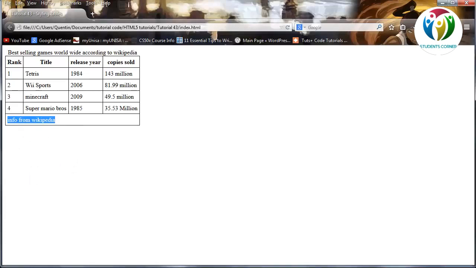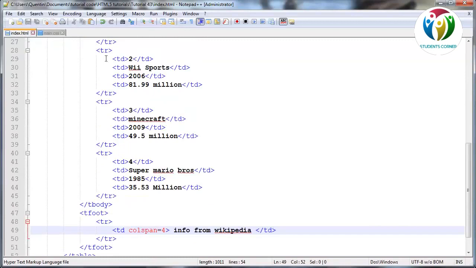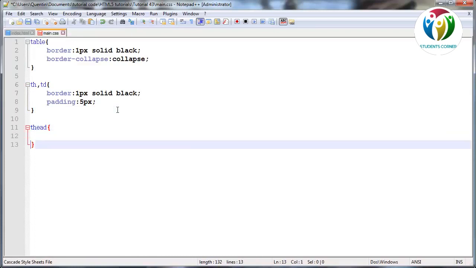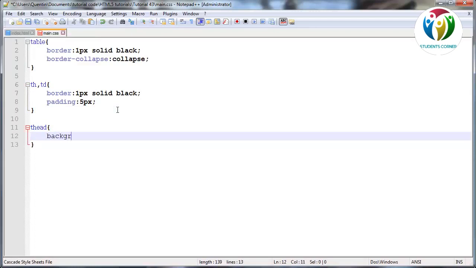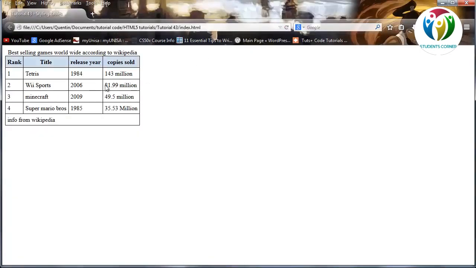Okay, and what we can do now is use CSS to actually style those new tags that we put into this table. So for my thead, I could decide, well, hey, I really want the header of this table to have a background color of some sort of blue, but I can't think of a blue color at the moment. So I'm going to give that a background color of hashtag CCDDEE. And now my table head should have a background color of blue. So when I come back here and click refresh, we've got this really light blue, almost gray looking blue